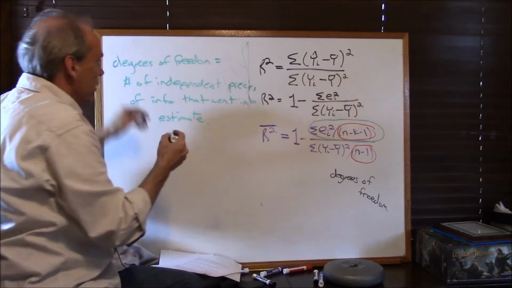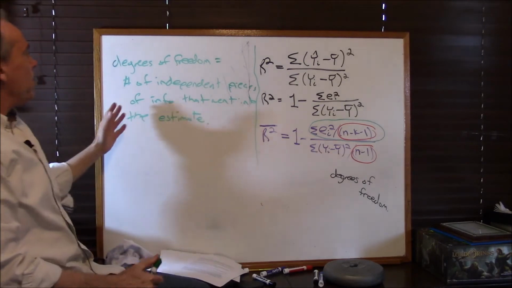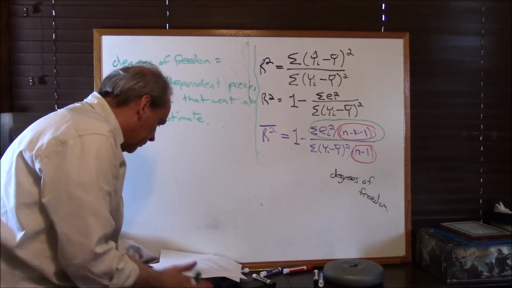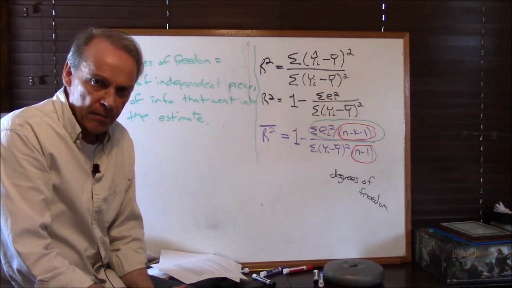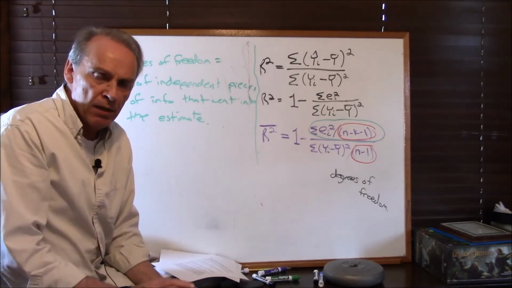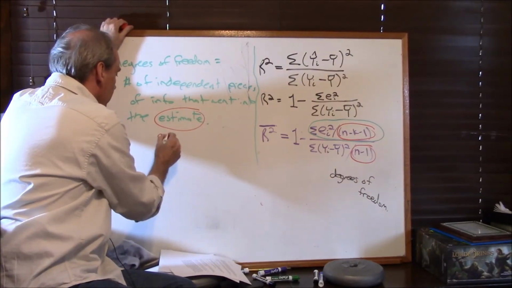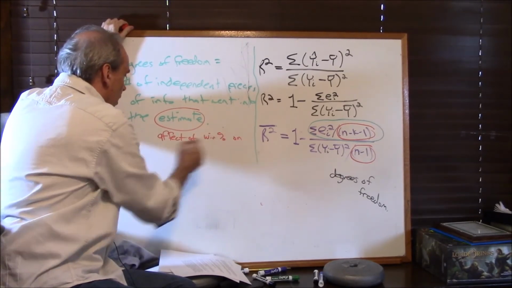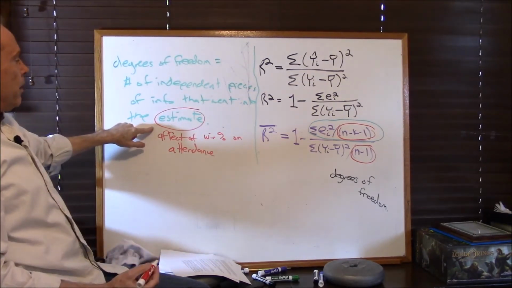Okay, I'm going to kind of back into this because it takes a minute to think about it. Degrees of freedom are the number of independent pieces of information you have that went into whatever estimate you're making, all right? Let's say you're trying to estimate the impact of a football team's winning percentage on attendance. All right, so the effect of win percent on attendance, all right? So here's your estimate.